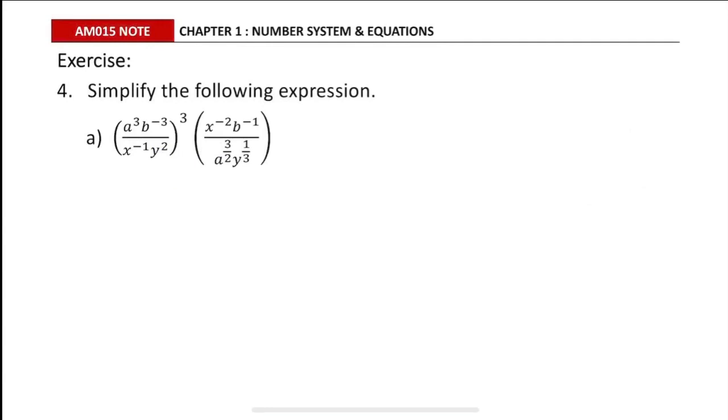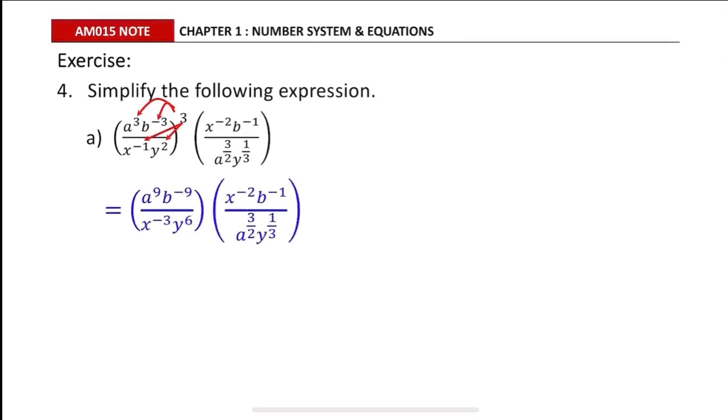Question 4a is to simplify this given expression. For this expression, there are 4 variables that we have to simplify. So first, we have to distribute the power of 3 to every term in the first fraction, and we get this new expression. So now we can apply the multiplication and division rule for variable a and variable x,